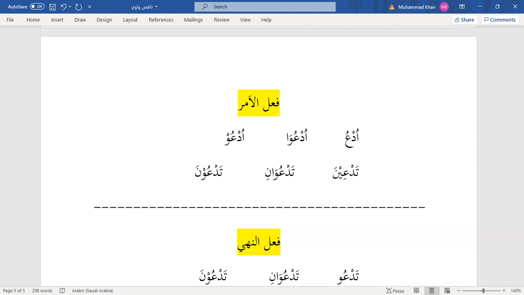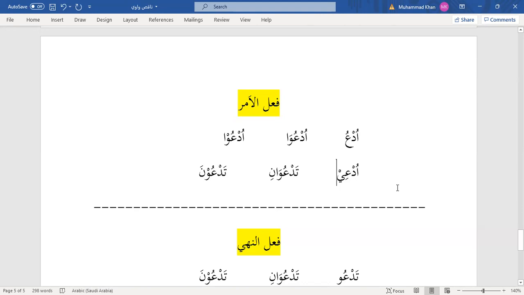And please don't forget that when the noon gets dropped for the plural form, then it is replaced with alif. Yeah, ud'u, ud'uwa, ud'u. And then for the feminine, of course, we have to drop the noon first. And then we drop alamat al-mudari, and we put alif with dhamma, so it will be ud'i. So you tell your sister,